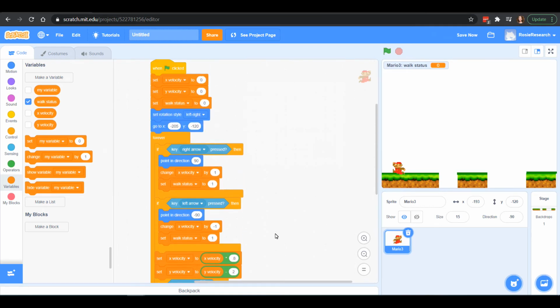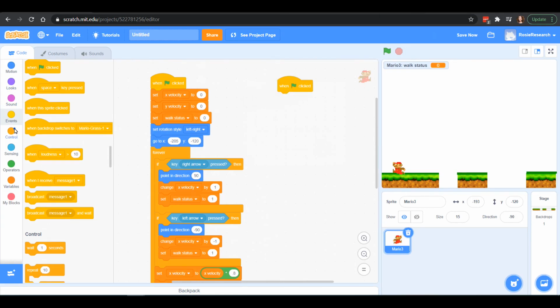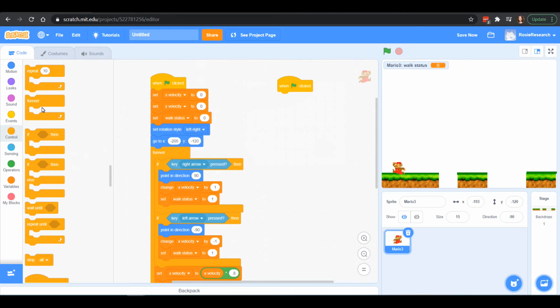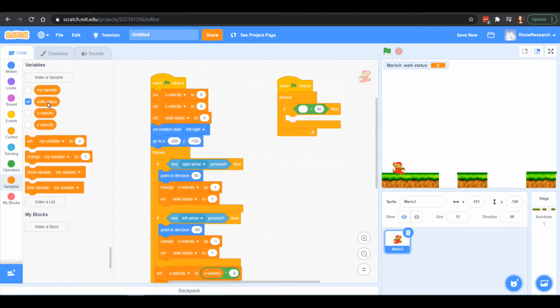So now we're going to do another event, and this will also be a forever loop because I want it to be walking sort of forever. We're going to want it to stop, but we will fix that after. So forever, if my walk status is equal to 1, I'm going to pick out the equals operator, and I can go to my variables and say if my walk status is equal to 1, then I want to change my costumes.